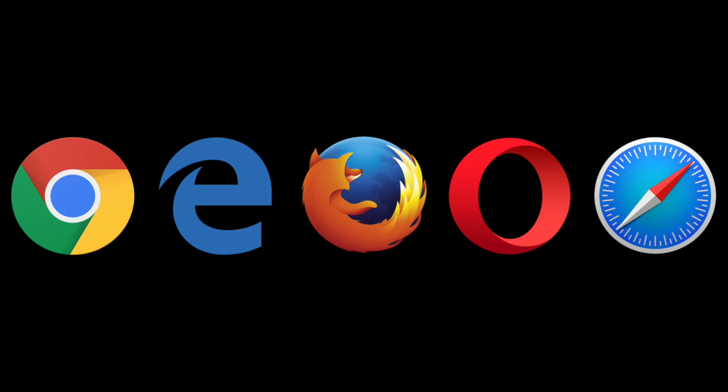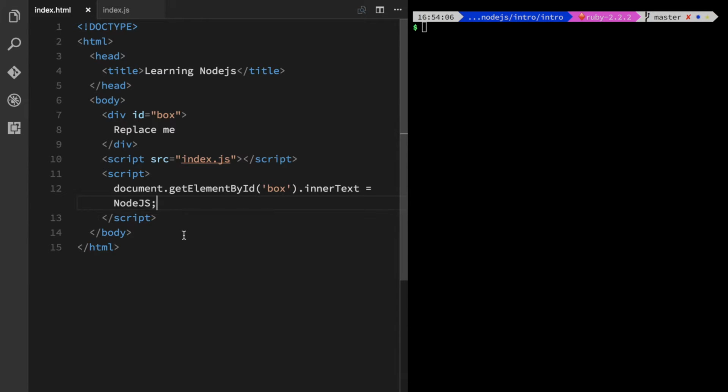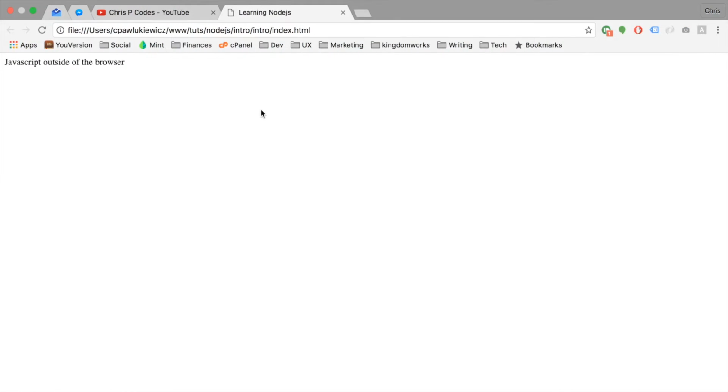or Google Chrome. Traditionally, you would think about JavaScript in the context of having an HTML file and either loading a JavaScript file through a source attribute or executing JavaScript inside of a script tag, and doing very simple things like I'm doing here, where I'm just replacing the text, or even more complicated things, using Ajax to query a backend server to get information that I can inject into this. So if I open this up in a browser, it's going to execute at runtime,